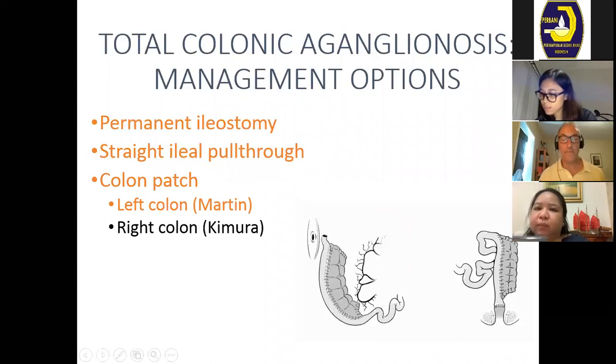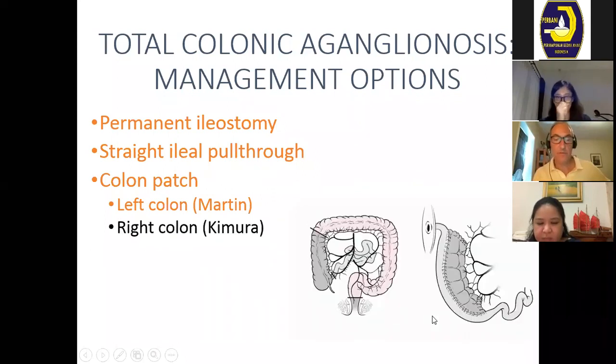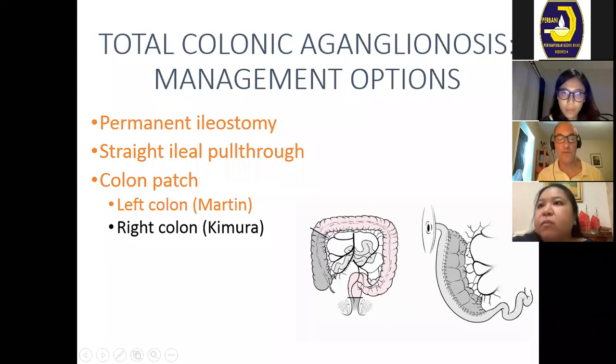Ken Kimura recognized that the right colon is better at water absorption than the left colon. So he designed an operation where he did a side-to-side anastomosis between the ileum and the right colon and brought out an ileostomy. So this is the first step of the operation, was to resect the transverse and left colon and do a long anastomosis to the right colon because it's better at absorbing water, and then bringing out an ileostomy. The problem here is that the right colon doesn't reach down to the anus,